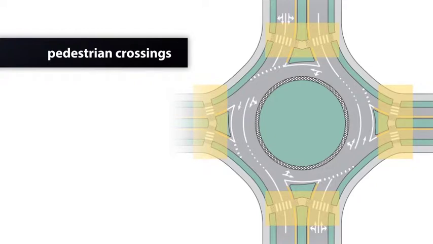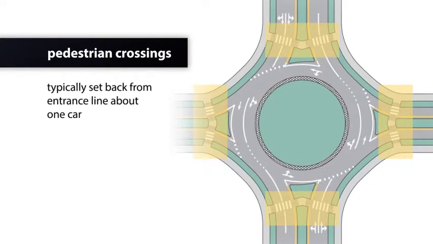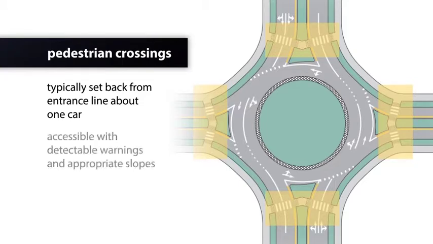Pedestrian crossings. The location of the pedestrian crossing is typically set back from the entrance line about 1 car distance. And the space of pedestrian crossings around the splitter island is ample enough to provide room for a bicyclist or a wheelchair user. The pedestrian crossings must also be accessible with detectable warnings and have appropriate slopes to meet ADA